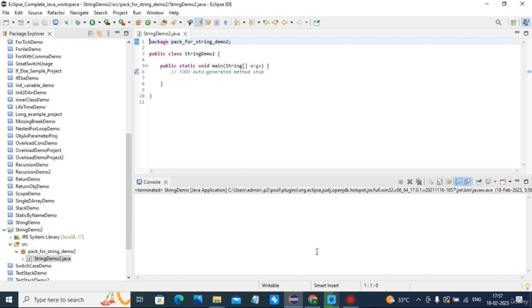Here we will see some string examples, some string methods directly in the main class itself.